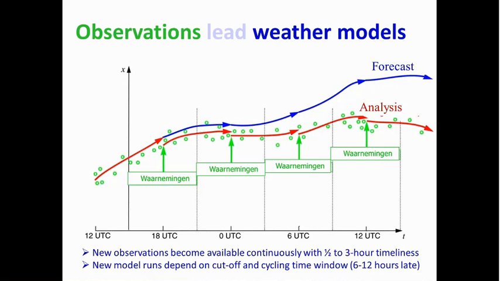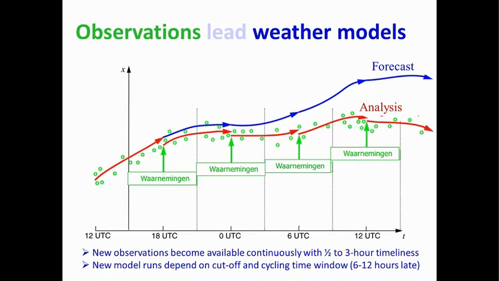But in practice, every day, analyses are, of course, used to start forecasts from, which is the blue line you see on top. And the blue line, of course, is run over a longer period at once. That means 10 to 15 days or even longer, seasonal forecasts. But of course, as the forecast time gets longer, as I showed in the previous slide, the correspondence with the observations that will be made in the future will be smaller. So the forecast will deviate from the observations, and it also will deviate from the series of analyses.